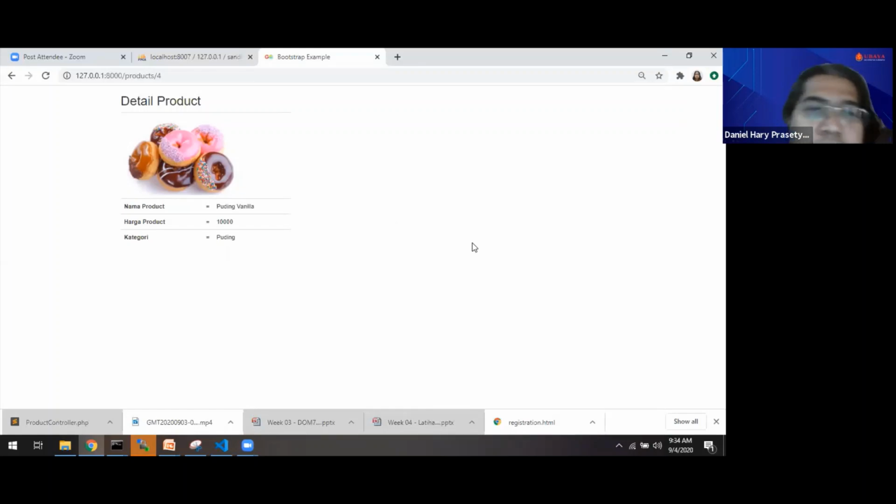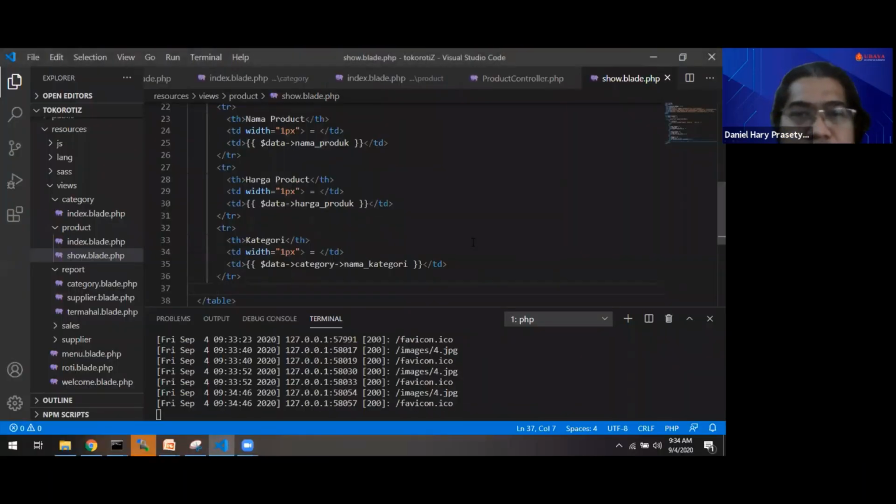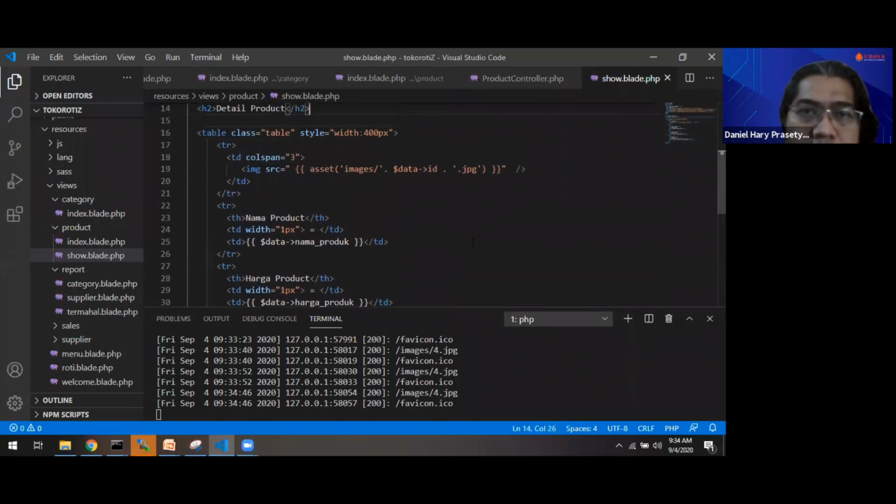Okay, let's work. So the show function is usually used for showing the detail of the object.